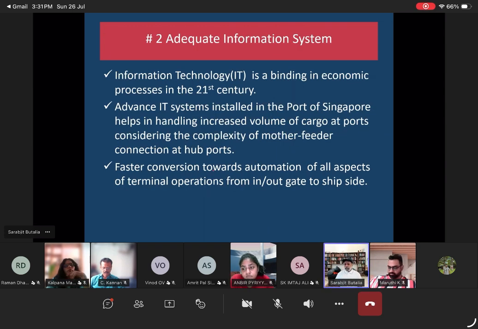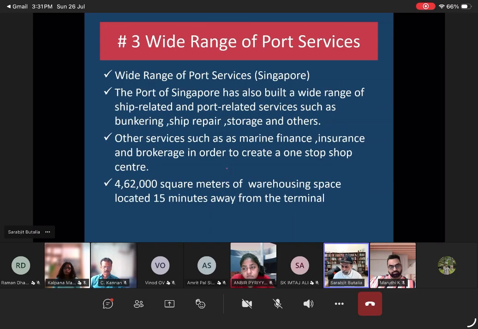Information IT system, if you look at the global competitiveness index, they are in the top 5, so they have a good IT system. So you can't afford your container missing. And then there is your wide range of port services I mentioned already: refueling, repair, storage, other things, and insurance, finance,